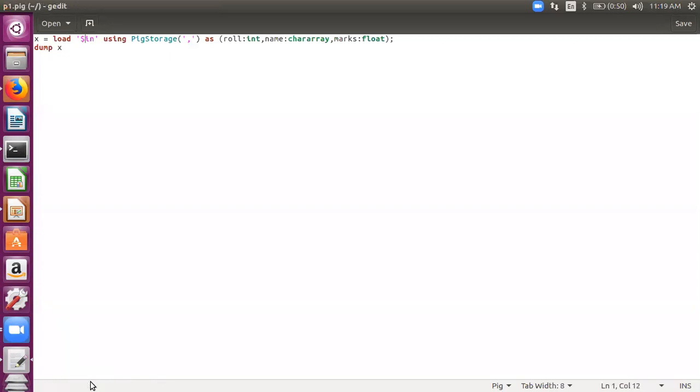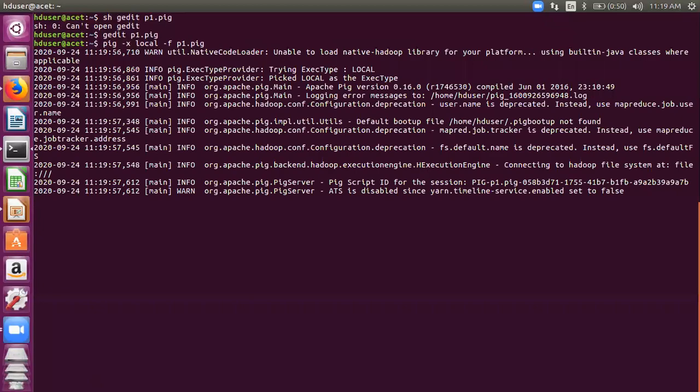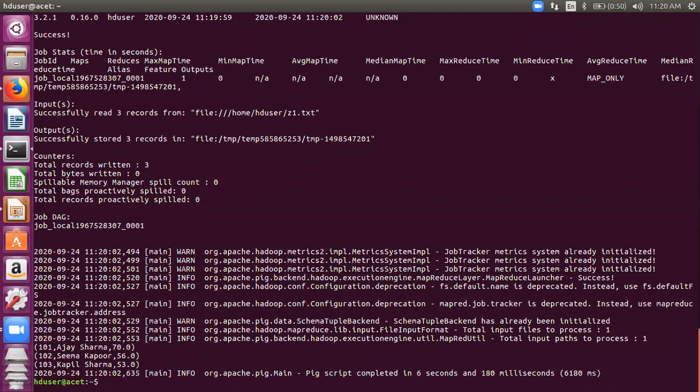So let me just change it here. We'll run it with all the possibilities. Here now I'm giving it z1.txt, I'm giving this command here, and I'll just store. Now if we run it, kindly note how it runs now. Run it with -f and then the name of the script file. So what I'm saying is start pig in local mode and execute this script file p1.pig. For that the parameter is -f. Okay, let's run it. It will give you the same output that you just saw. It will execute the script file and give you the output. The output is there in front of you.